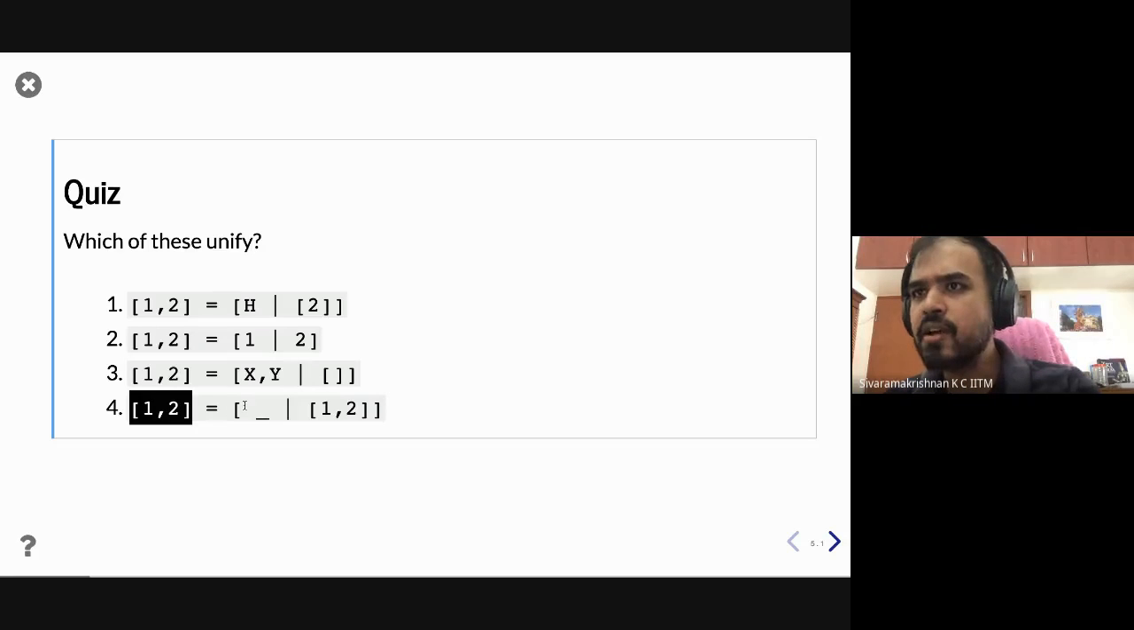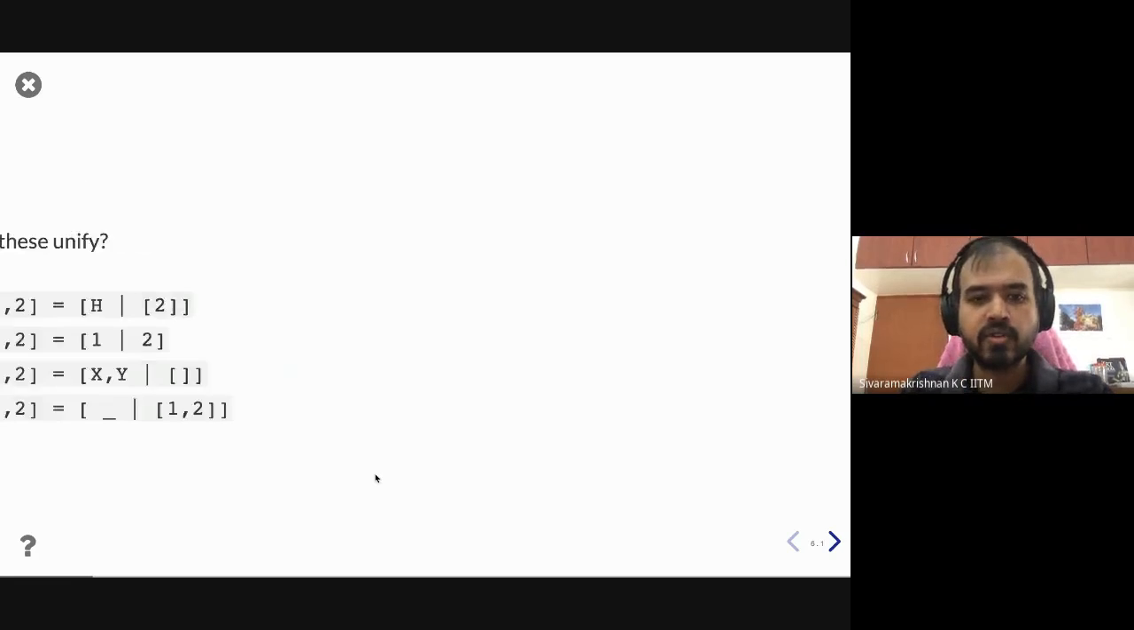So there is a question, what will be x comma y in 3? So x will be 1, right? And y will be 2. And that's the unification result. Okay, so